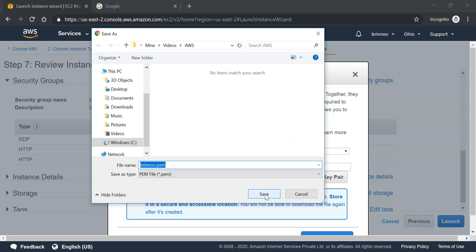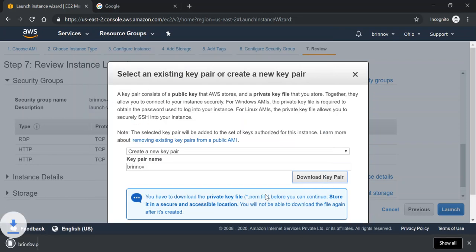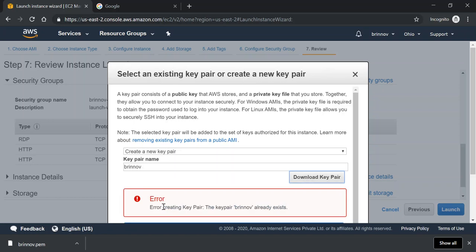So please store this key pair file in a safe location, as well as it should be very secured as well. Okay, I just downloaded one time. If I try to download once again, it just throws this error. The key pair already exists. You cannot download it once again.